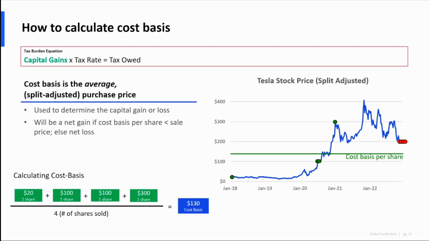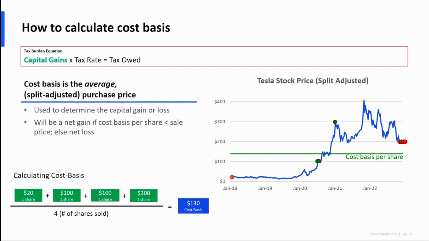One, sometimes stocks split. So if you're actually thinking about this, you need to look at the split adjusted stock price. If you don't know what that is, maybe we can cover that in a Q&A question later. It happens with some frequency to some stocks, and it doesn't change the value. It just changes what the displayed price is and the number of shares outstanding. And then the other nuance is that if you've bought a security multiple times, then the cost basis you can think about as an average purchase price or average entry price.